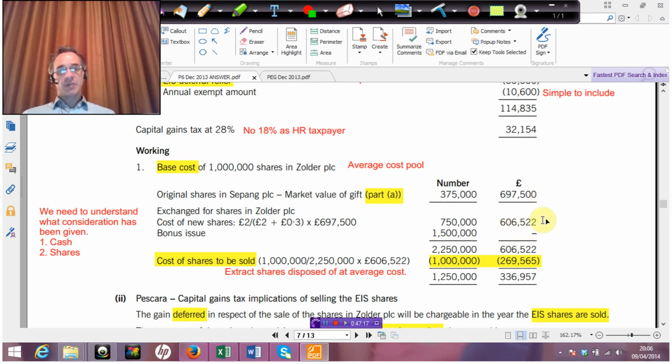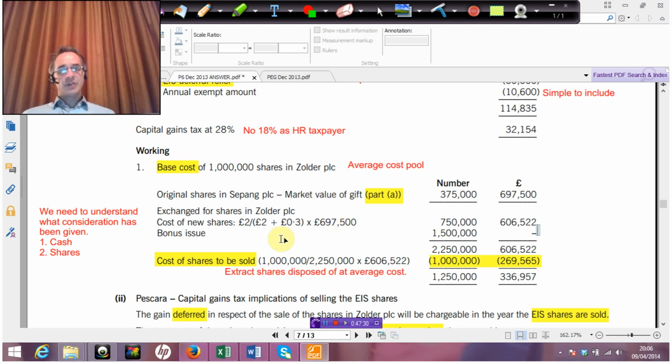In other words, some of the cost was used up. If you take the difference between this figure and this figure, it's roughly speaking about 91,000. What you'll see is that 91,000 really relates to the cash value that she received back in 2011. So in effect, they're saying there would have been some sort of CGT payable in 2011 because she got